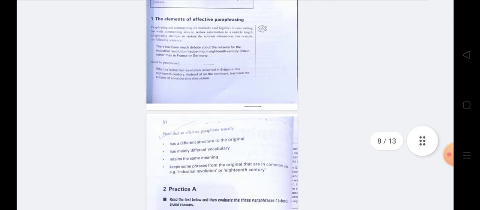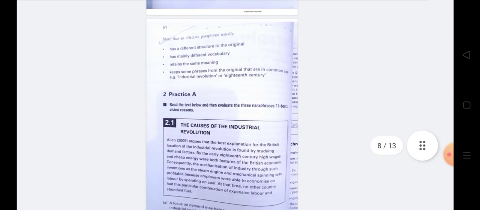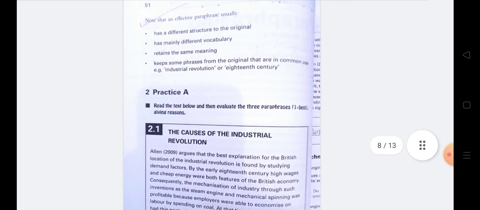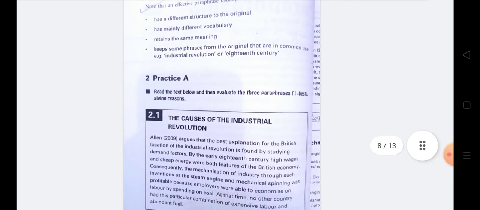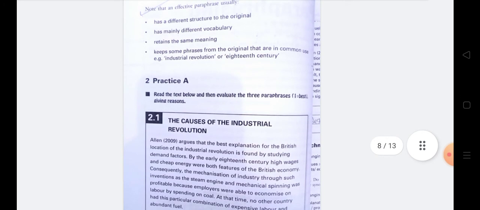And now move on to the qualities of effective paraphrasing: it has a different structure to the original piece and it has many different vocabulary. You change the vocabulary by using synonyms and retain the same meaning.